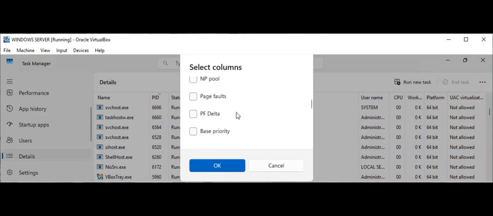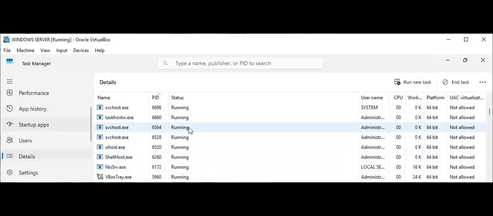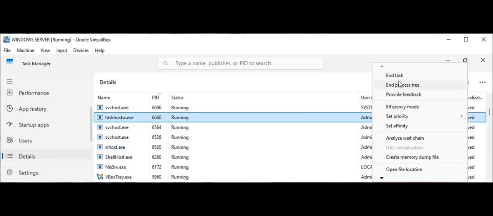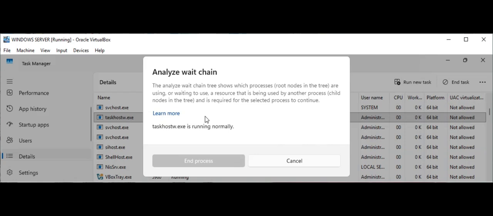Right-click any process and you'll see options like End Task, End Process Tree, Create Dump File, and most importantly, Analyze Wait Chain. Analyze Wait Chain shows if a process is waiting for another process or system resource to complete. This is invaluable for diagnosing application hangs and deadlocks. If a process is stuck, Task Manager will display a chain of dependencies, and you can end the blocking process to